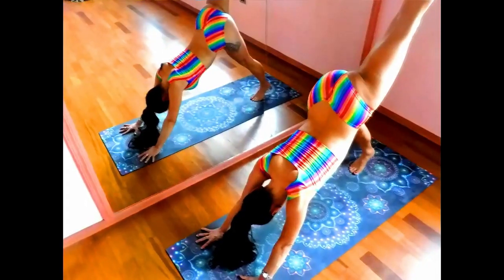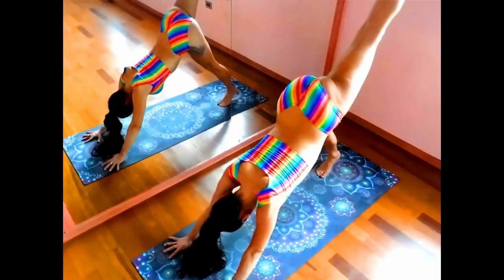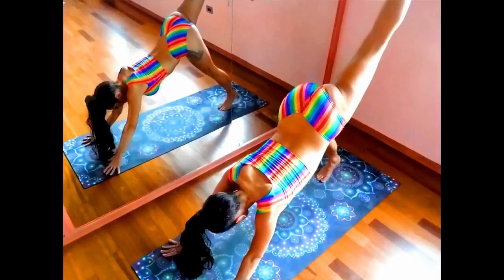Now keep your hip bones square. That's the key to this whole pose. You keep your hip bones square. As you slowly exhale, lower your left knee down to the mat, to the top of the mat. Now,